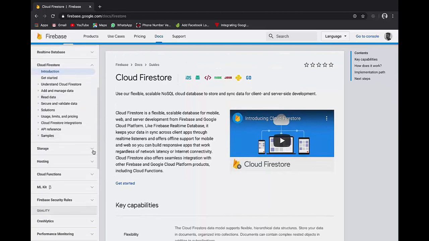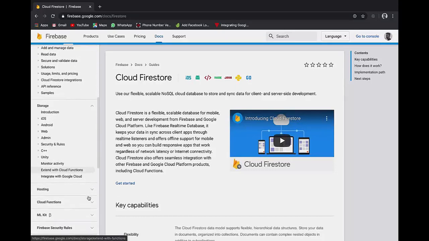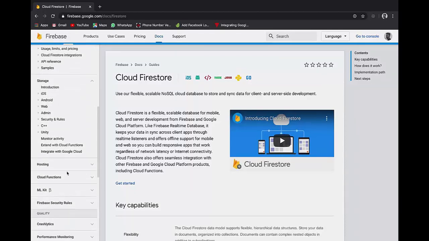Then after that we have storage. Storage means we can store our images, audios, and any other kind of stuff except JSON data over here, and then we get a download link for it also, and all data over here is in a synchronized manner. Then there is this hosting feature. So we'll not study hosting because that is related to web development, where we have to host our apps on the web server. But since we are studying Android, we don't need to study hosting.